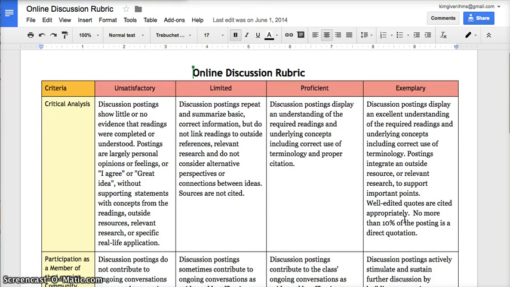Sometimes maybe crafting your response in another document and then copying and pasting it in will also save you some time and effort. I don't have this happen very often, but every once in a while I lose a discussion post because I hit a back key or I do something and I don't have it saved anywhere. You can edit your posts once you save them, so if you want to save a first draft and then go through and read it and make changes, you can definitely do that as well.